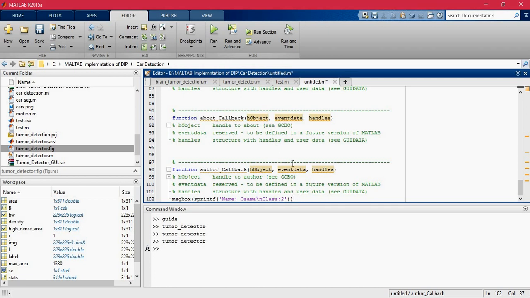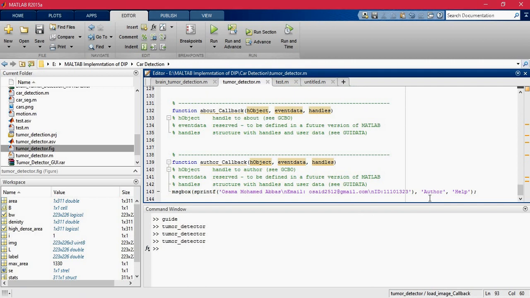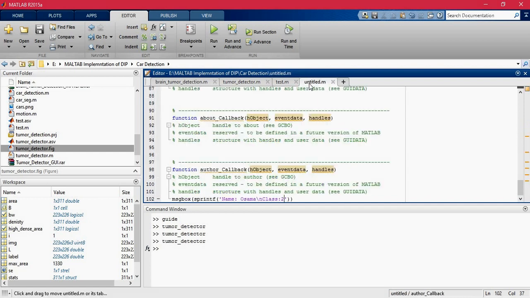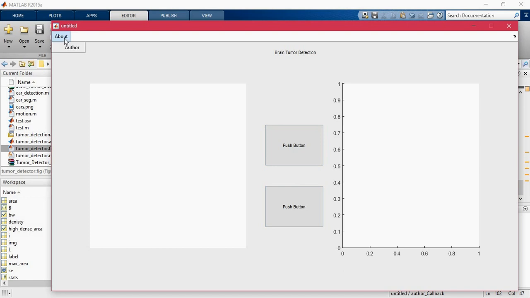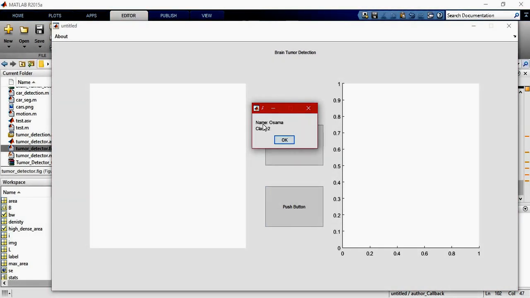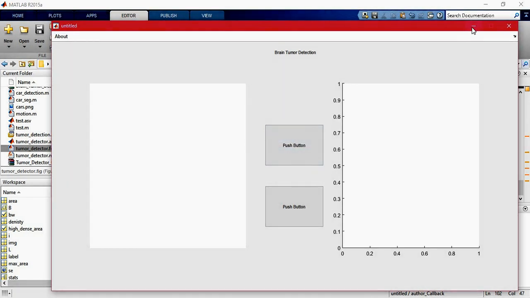you don't have to choose an icon for it like I did here. I did it in the author and the help icon. It's okay to use whatever you want. I'll come back here. In the author, let's put also author, and that's enough. Let's run and click here. Author. It's my name is name and class. Okay, so now